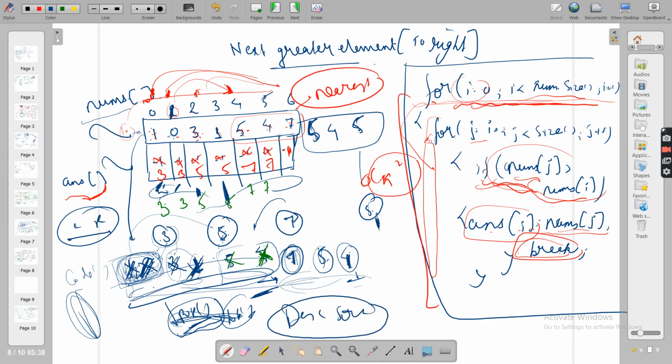So 7 is greater than 5, 5 is greater than or equal to 5, so these two are not smaller. 4 is smaller, so you are doing 3 checks here to reach 4, the smaller element. And you know that these are greater elements. So what I'm seeing right now is, can 5 be someone's NGE?